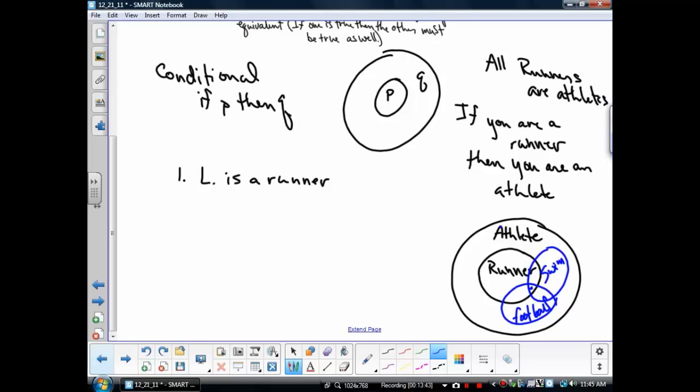Does that help it make sense a little bit? Yes. Okay, so our statement number one is that Leroy is a runner. Now, what is our conclusion using the Venn diagram? If Leroy is a runner, he's an athlete. So we write,